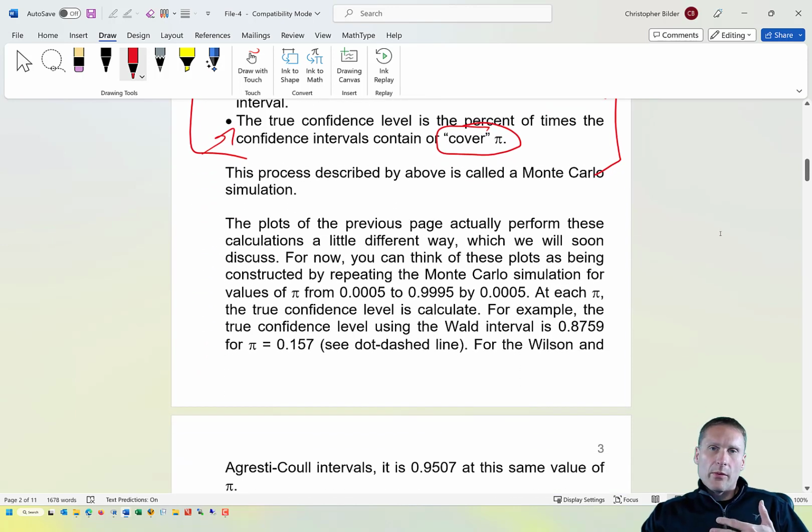Now, the way that the true confidence levels are calculated on the plot on the previous page is slightly different than the way that I just described here, but in essence it's going to give you something very, very close. And we'll take a look at how those previous plots were actually calculated shortly as well. But for now, what you can think of how those plots were done is that imagine in R you set pi to be 0.0005. Then you take 10,000 samples. For each sample corresponding to this pi, calculate all 10,000 confidence intervals, and you look how often each of those confidence intervals contain